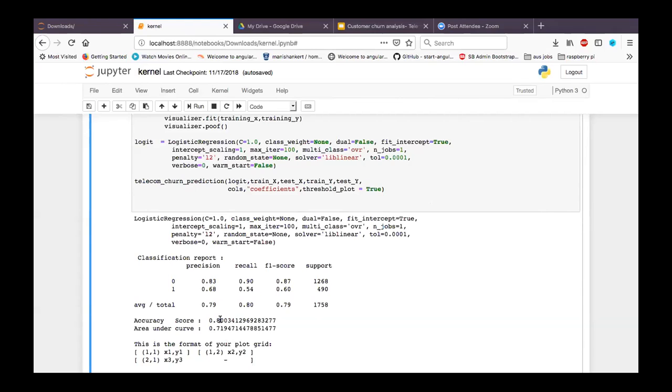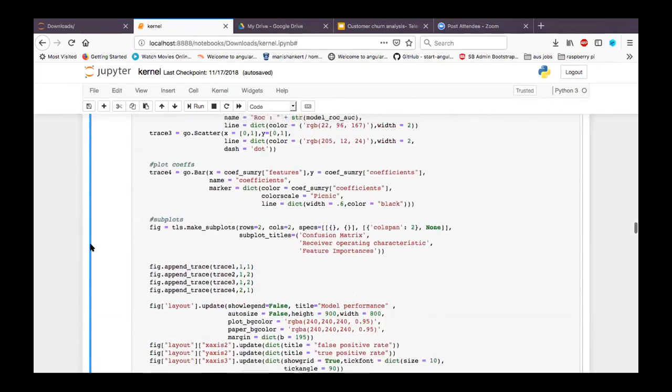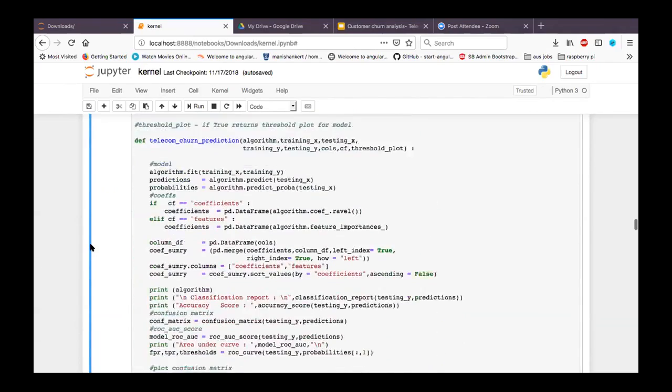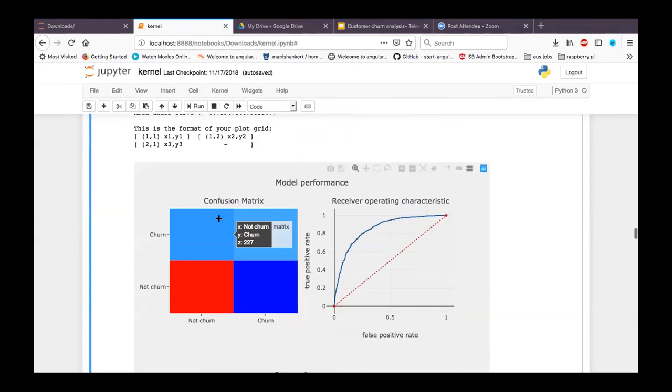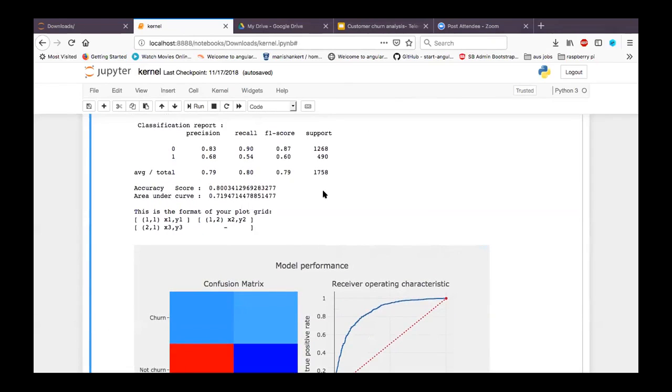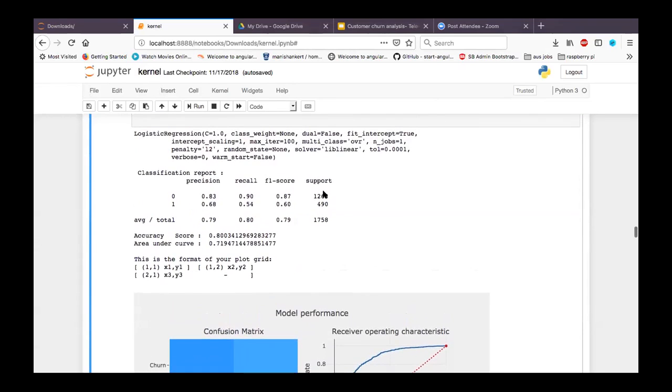So there is one approach that I'm using SMOTE for accuracy. This is the baseline model, which is logistic regression. So let's just get back to the model. We are now trying out logistic regression. Okay. So the logistic regression accuracy is 0.80, and you can see the precision, recall, and F-score on the classification